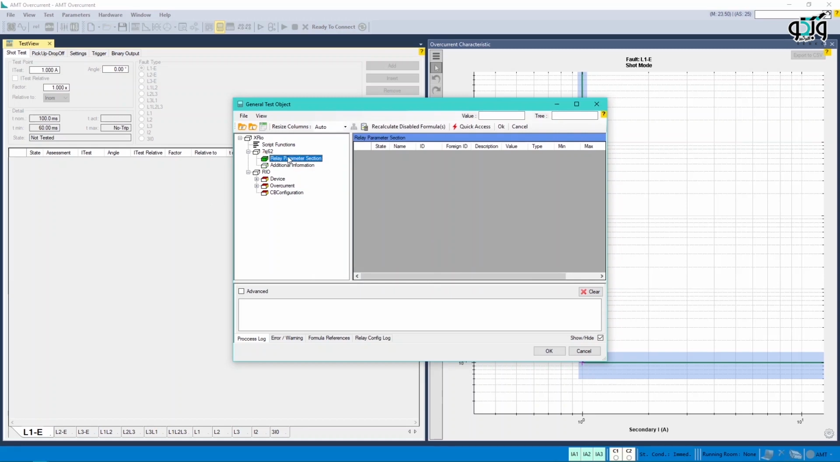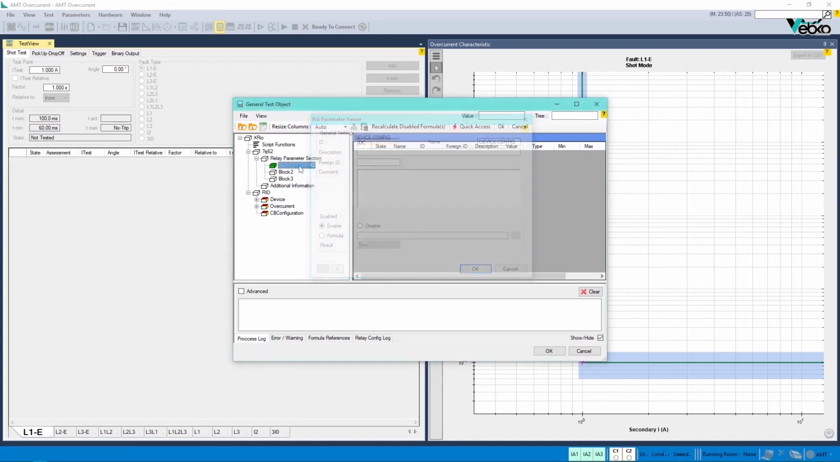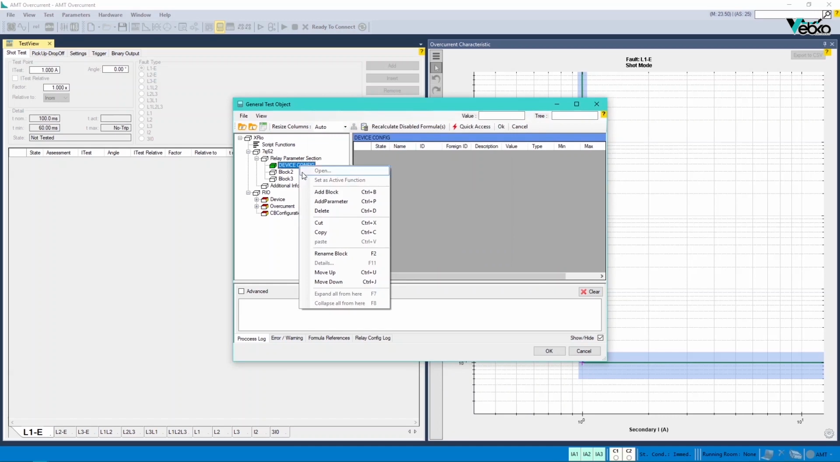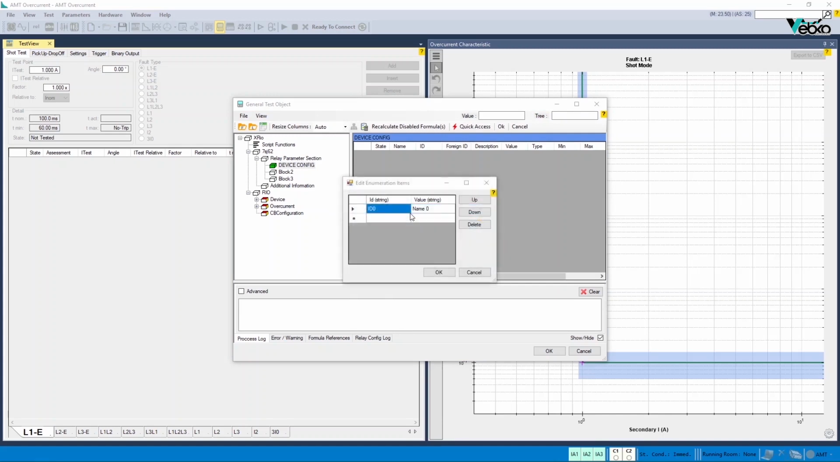Next, the Relay Parameter section block is selected and 3 more blocks are added to its subset. The first block is named Device Config, and by double-clicking on it, IDDC is specified. To add a parameter to this block, right-click on it and select Add Parameter. Then select the parameter type from the options available in the enumeration on the parameter type window. Then the list of enumerations of this parameter are specified on Edit Enumeration Items window, and for each enumeration, ID